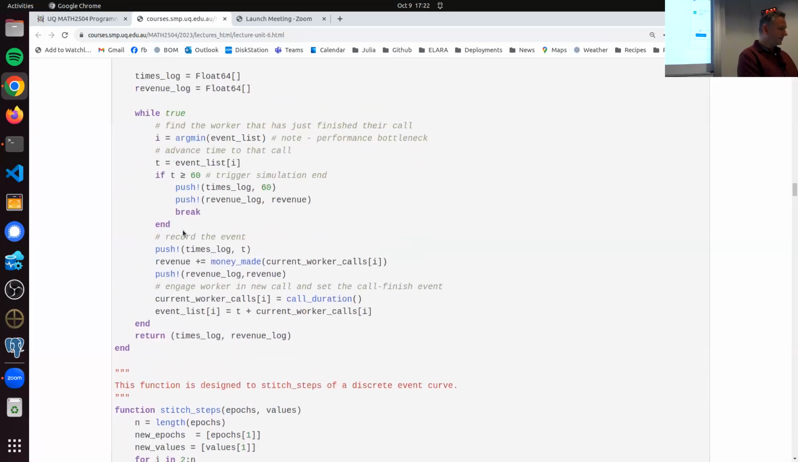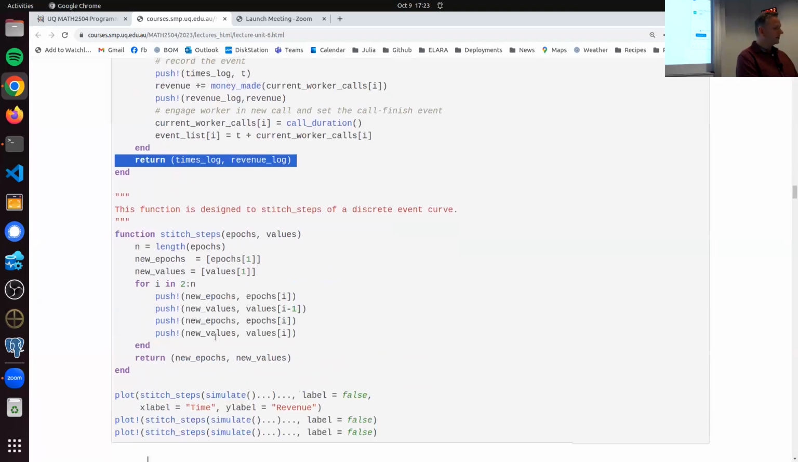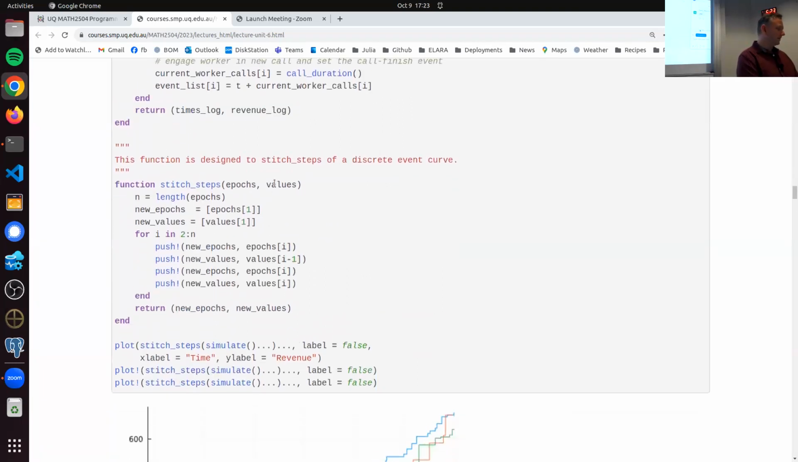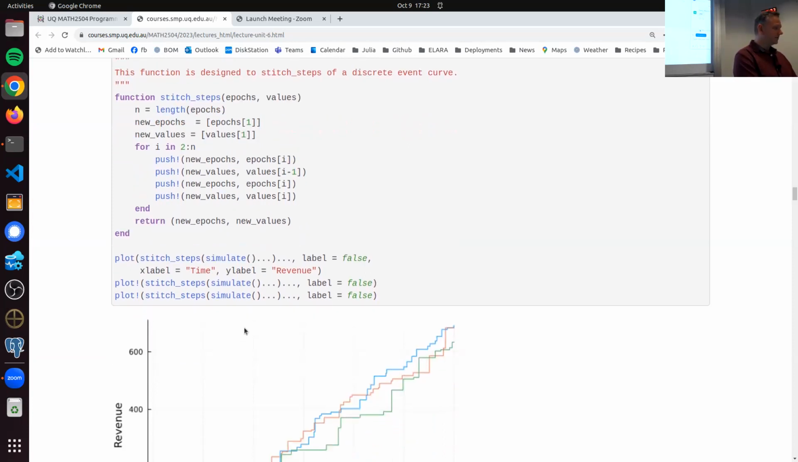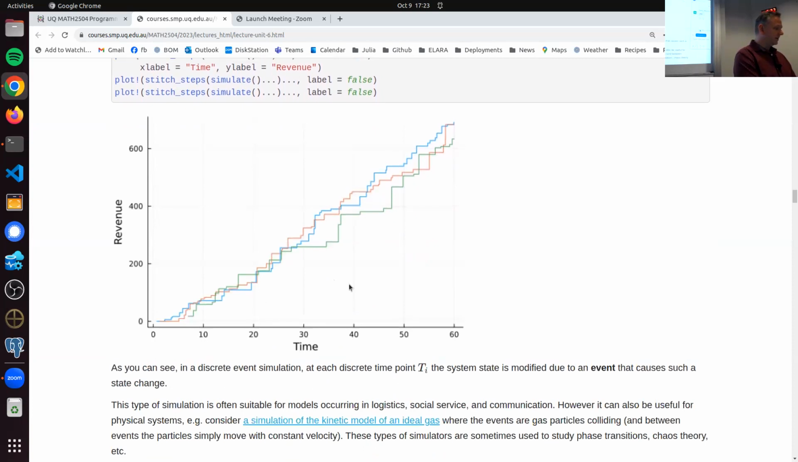That will just continue until this break occurs, and then we return the logs. Down here, we just have a few helper functions where we're basically running multiple trajectories or epochs here, and we're going to plot them. So here we can see in 3 different colors, 3 different realizations of what might occur in this simulation. So revenue is monotonically increasing over time. But what we do see in this